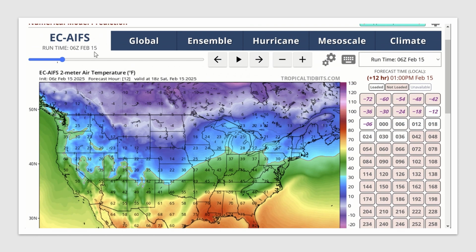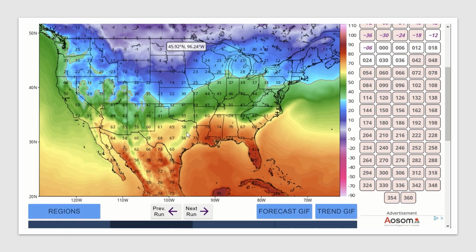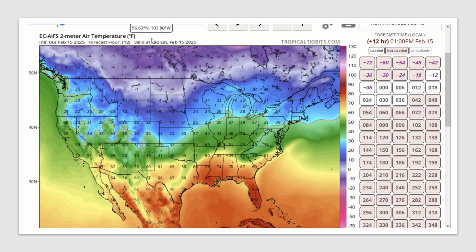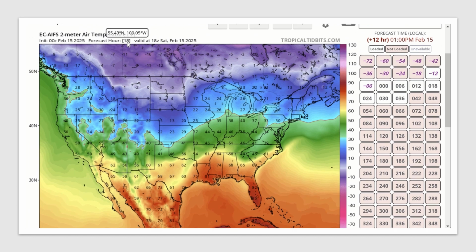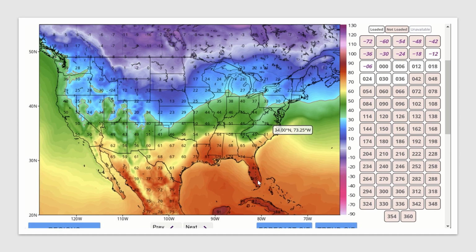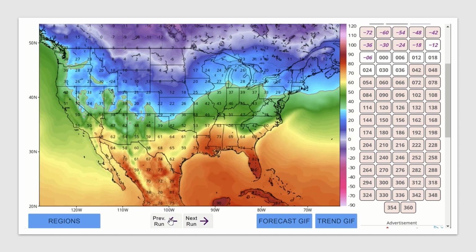So this website, Tropical Tidbits, gives you the ability to see, at this time, so at 1 p.m. February 18th, this is 12 hours out, so the forecast should be fairly accurate. But I can go back to the previous run just by clicking that button. So 6 hours ago for the 18-hour forecast, which is the same time, 1 p.m. this afternoon. Every time I click that button, you can see how much the model changed its prediction from one